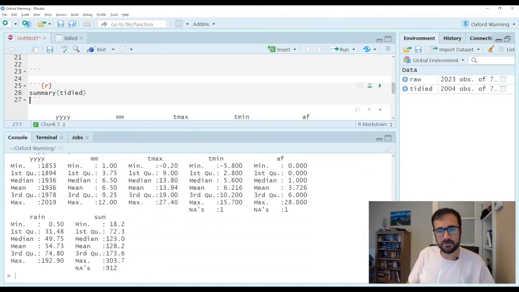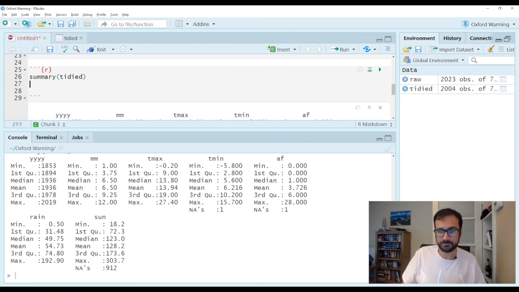The thing I might want to check is, okay, is this really a missing value in tmin? Was there a missing value there when I first read this in, or is this something that I've done by the way that I've manipulated it here? With the sun, I remember there's a whole bunch of missing values in that column, so I'm not super worried there. So let me identify where that missing value is.